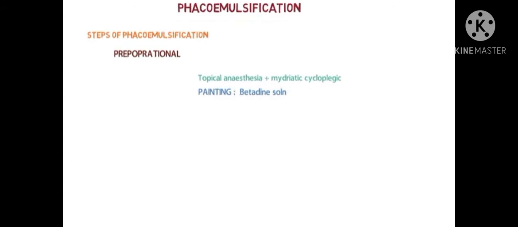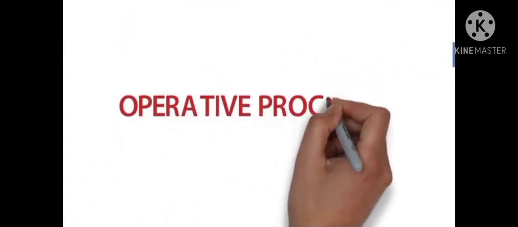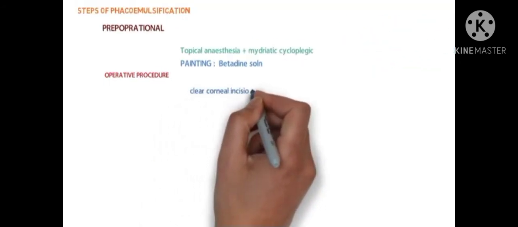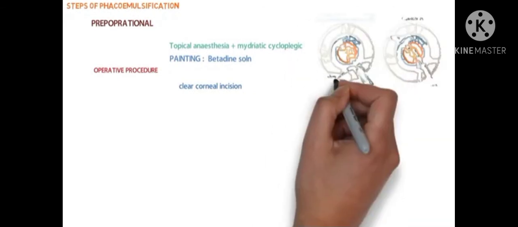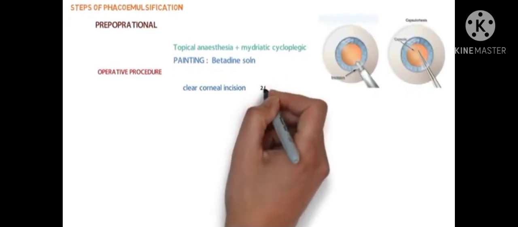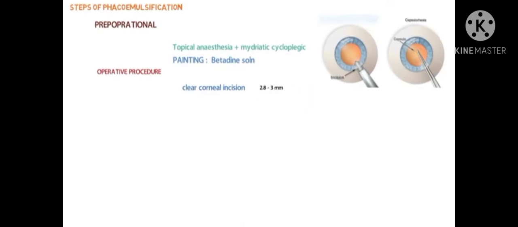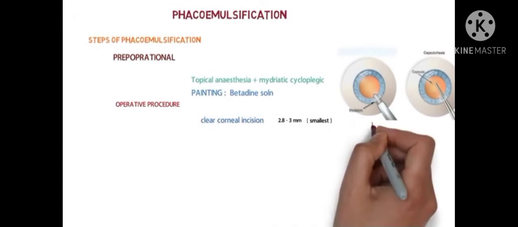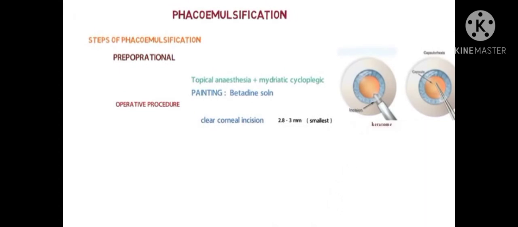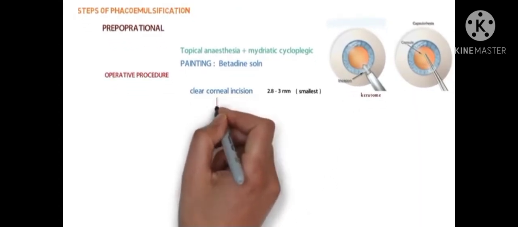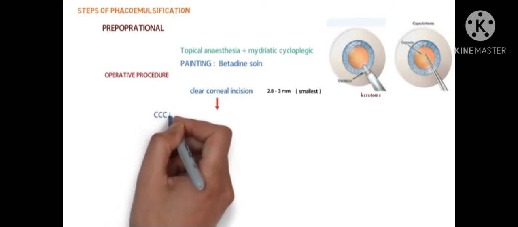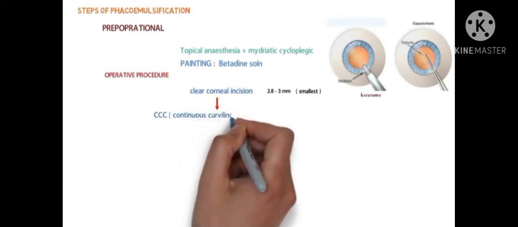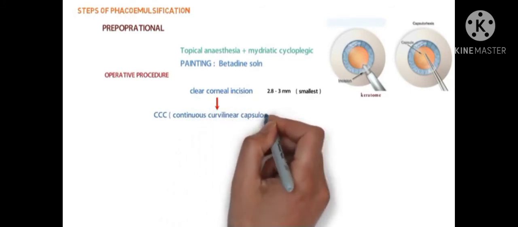sac or middle canthus. In the operative procedures, the first step is the corneal incision, which required is very small, from 2.8 to 3 millimeter. That's why we can say this is the smallest incision, in which sutureless surgery is possible with a self-healing scleral and corneal tunnel. After the incision, there is a continuous curvilinear capsulorhexis